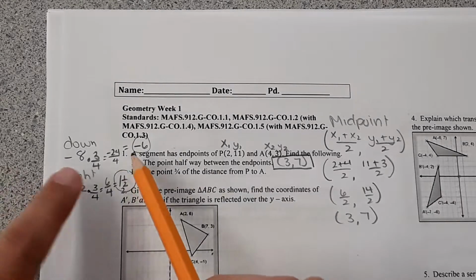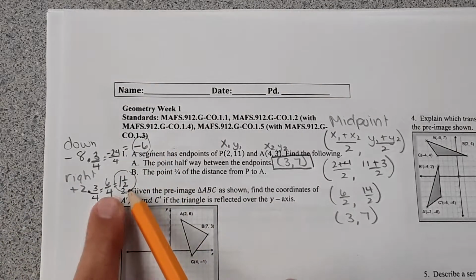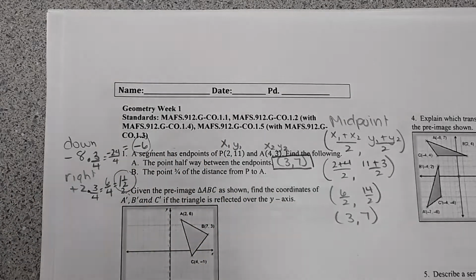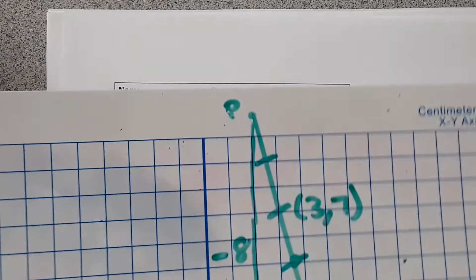So 3/4 of the way down would be -6, and 3/4 of the way to the right would be 1 1/2. So to find the point 3/4 of the distance from P to A,